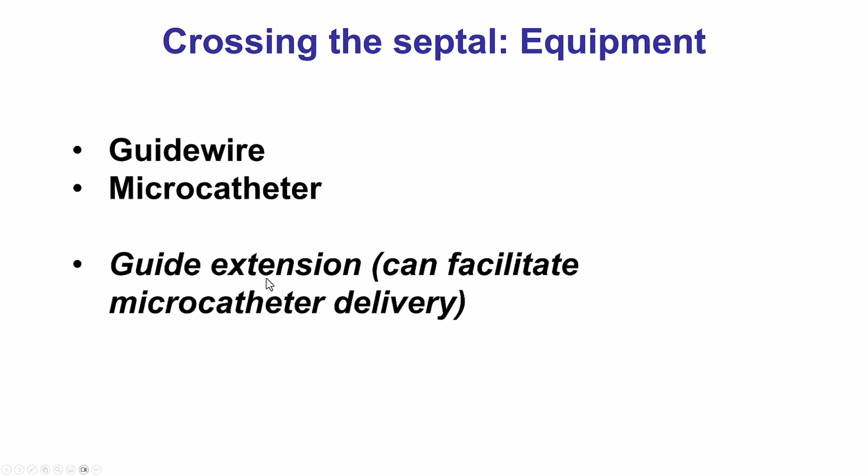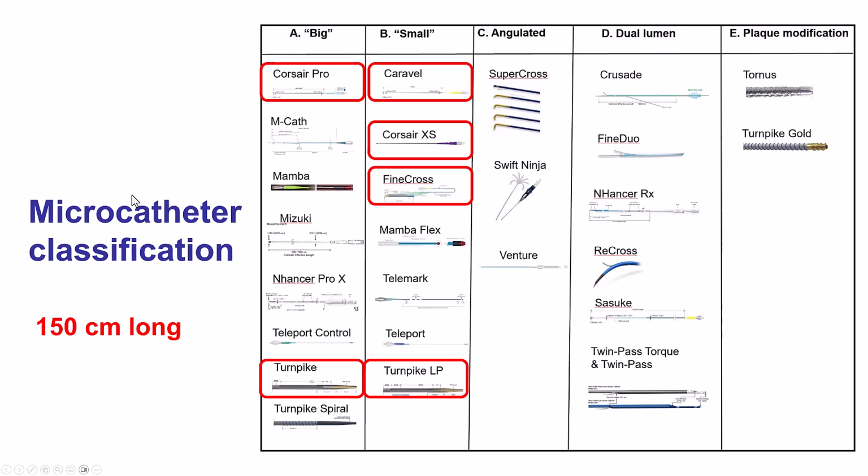Also, if we suspect that there may be difficulty delivering equipment retrogradely, it may be worthwhile starting with a guide extension in the donor vessel. Of course, this can be placed later on if there are difficulties with delivering the microcatheter or advancing the guide wire. In terms of which microcatheter to use, there are several different types, but essentially we're using the single lumen,